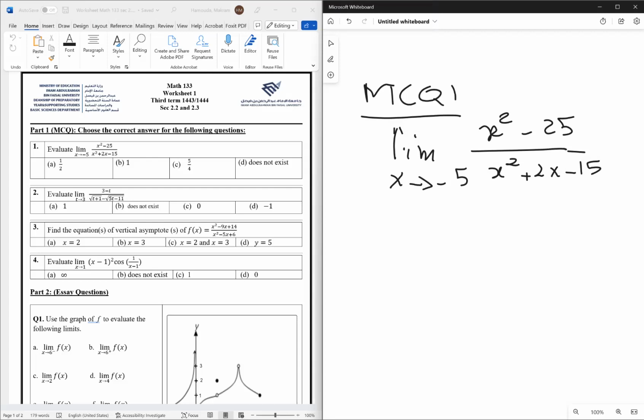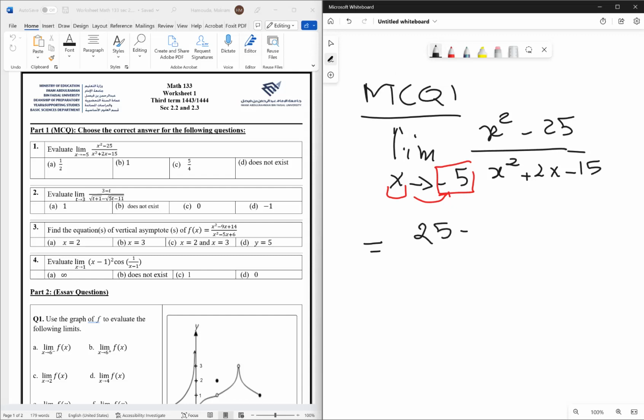Okay, guys. All the time here, we start by the substitution to see the situation of the limit. So what is the substitution? This is in fact to take the value of x and substitute by the a here, which is in this case minus 5. So the substitution will give